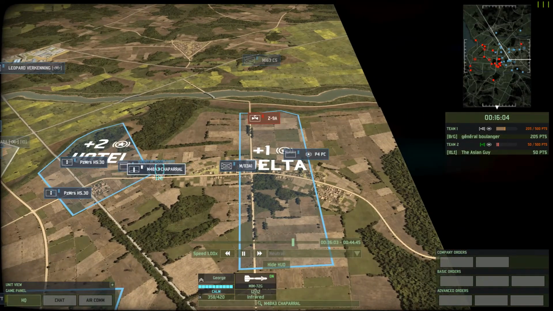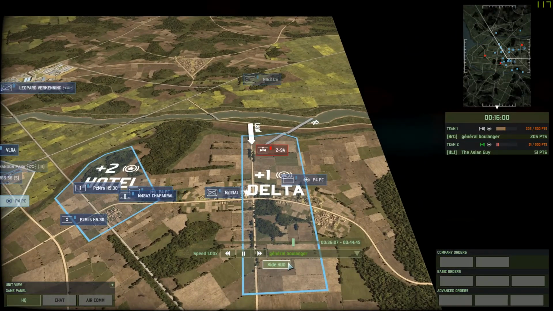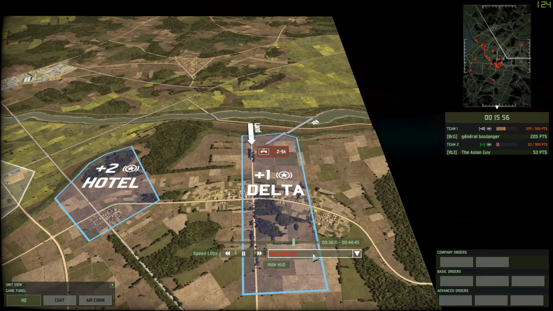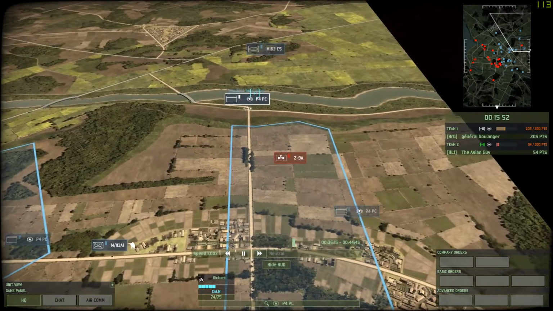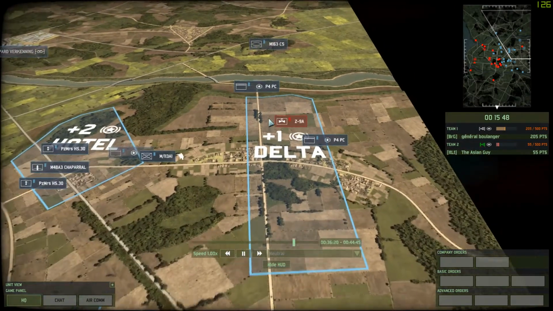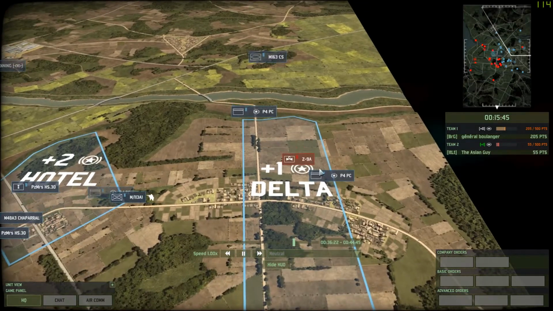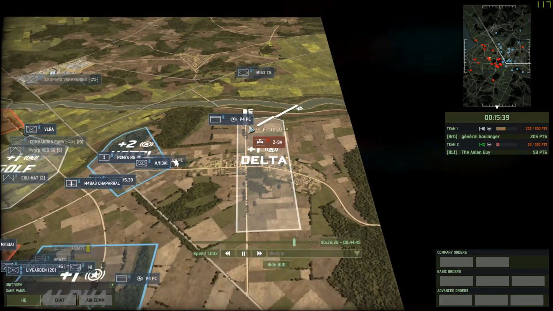That Chaparral needs to come back, but Boulanger probably hasn't noticed. I'm pretty sure he spotted it. Yep. Asian guy. Come on. Asian guy has not seen it yet. Another P4PC comes out. Oh, I think that, yeah, P4PC in Delta has been spotted. Oh, Boulanger is directing that one away. That one goes down. He needs to get...